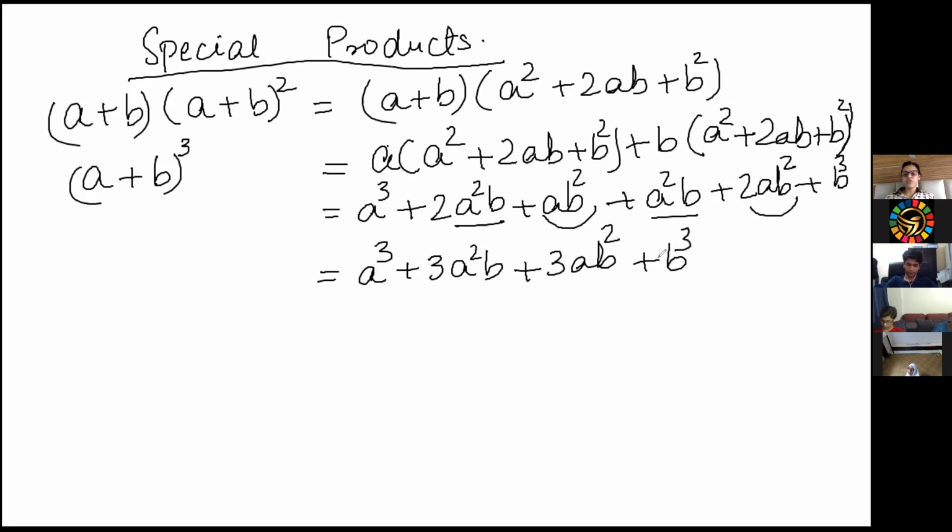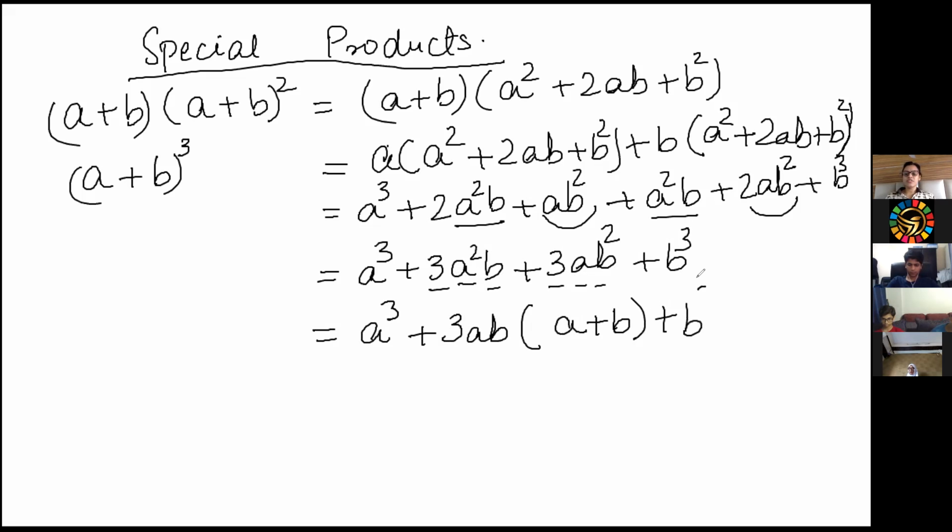So basically now you will again simplify it. A cube, then 3 and 3 you can take out common, a and b also you can take out common. So I'll take out 3ab common in these two terms. Inside, dividing by 3ab, you are left with a; dividing the other by 3ab, you are left with b. So this is your formula that you have to remember: (a plus b) whole cube is equal to a cube